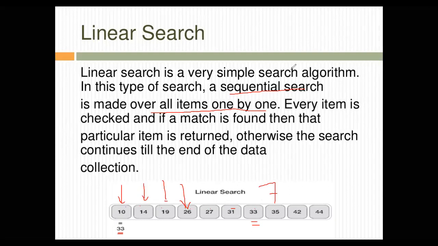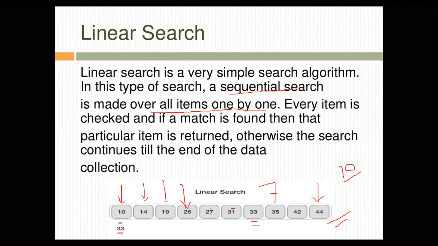The advantage of linear search is that it is very simple. The algorithm starts with array 0 and compares it with all the other elements, and if an item is found, it's returned. Otherwise, if it reaches the end of the list, that means if the size of the array is 10 and it searches the 10 elements and doesn't find any element that matches, then it will return that 33 is not found. For example, if I want to look for 100 here, it will start with the first one, second one, third one, fourth one, and finally when it reaches here, it will see that the array indices are done. That means we have searched the whole array but didn't find the item 100, and it will say that the item is not found.